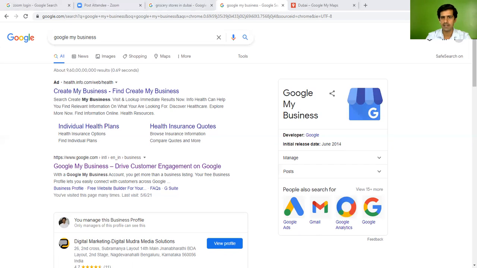I will select the country and then select the address as well. Then go to the next. I will select Dubai. Then go to the next.